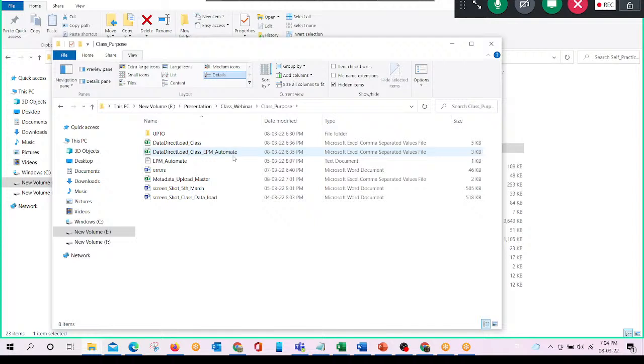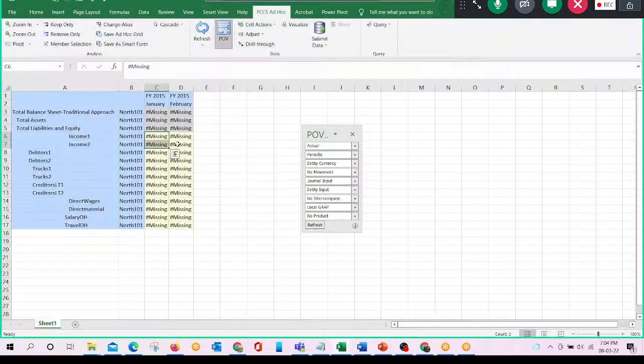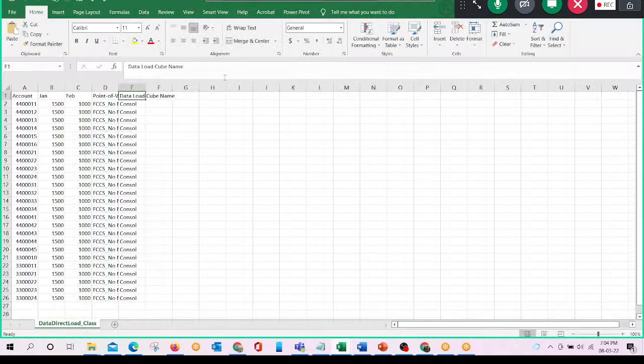The specific format is this one, direct data load class. So this is our data, and this is the format in which we are supposed to load the data directly into our FCCS application. The format is simple. The first column is account. In the second and third columns we have to define the period for which we upload the data. We have chosen to load data for January and February, and here we have to define the point of view